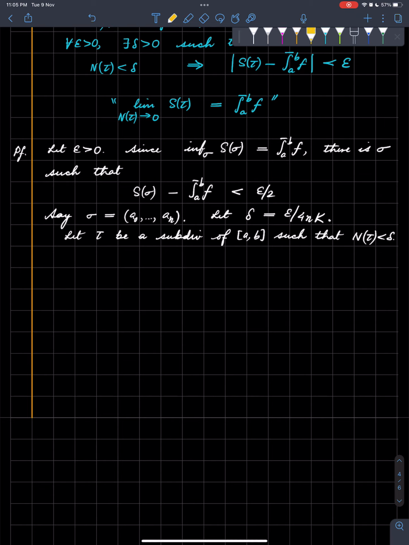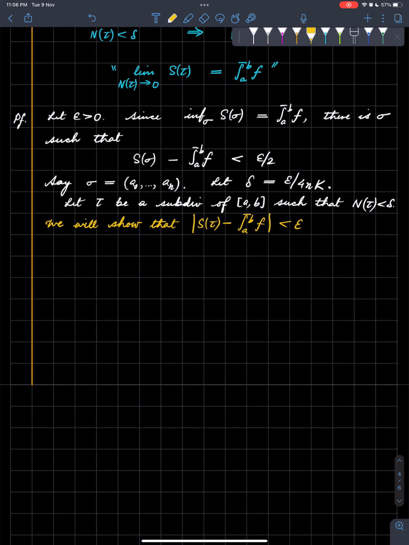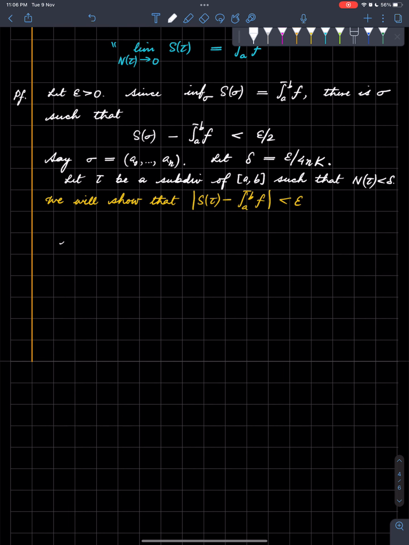So we will show that this is the case, which will finish the proof. All right, fine. So now, to do that, let rho be the subdivision